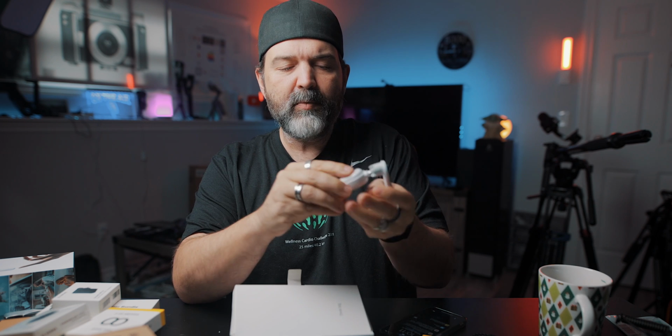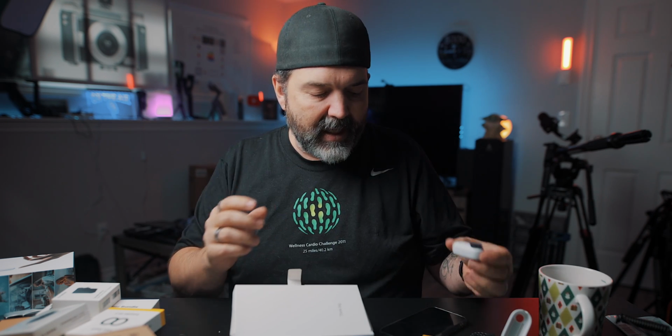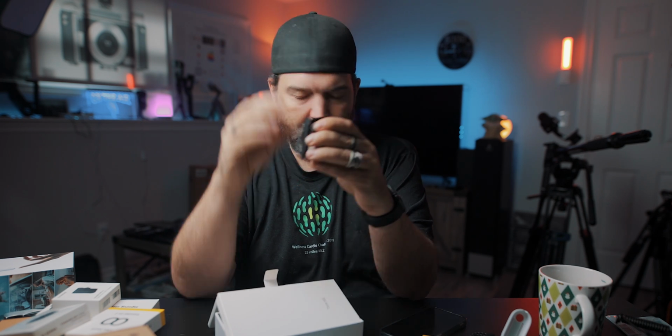So well thought out. This is honestly probably one of my favorite little tiny action cams. I just think they were completely outside the box when they thought about this, which I love. You have a hat clip. Check that out, right? So you can take this hat clip, and if you're me, for instance, depending on how you want to do this,